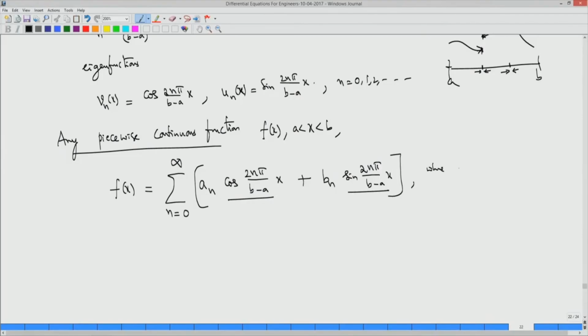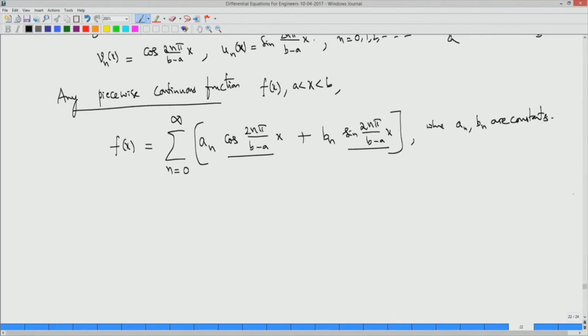Where the an's and bn's are arbitrary constants. Okay, they are constants. How to find these constants? You have the dot product, you can take the dot product of f(x) with the cosine, with the vn's, 2n pi by b minus a into x. This you integrate, take the dot product, the left hand side will give me, here you have a to b,